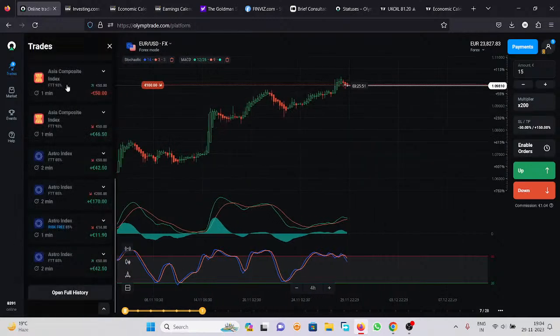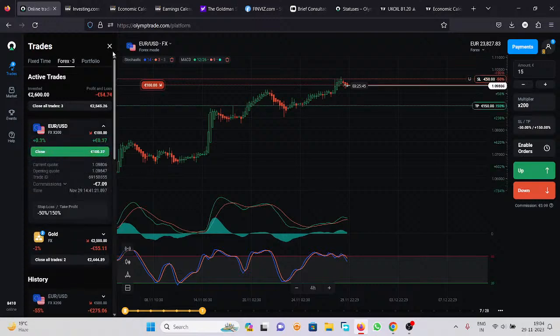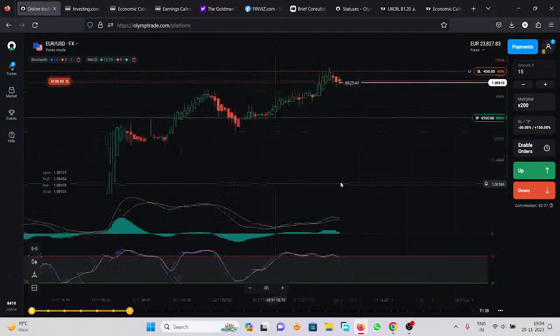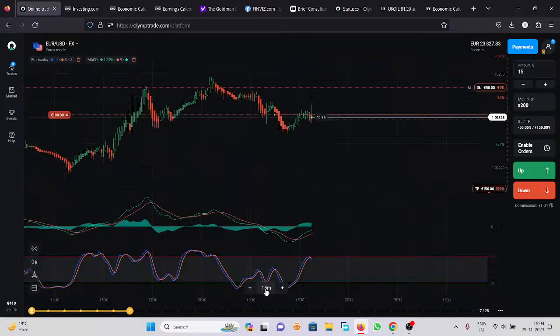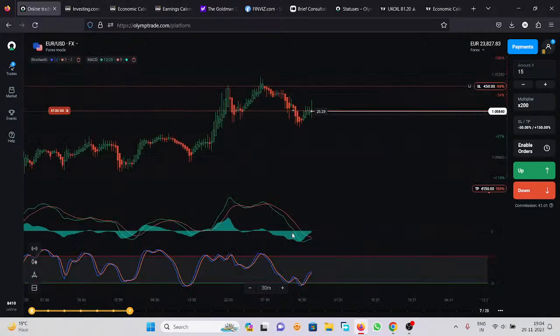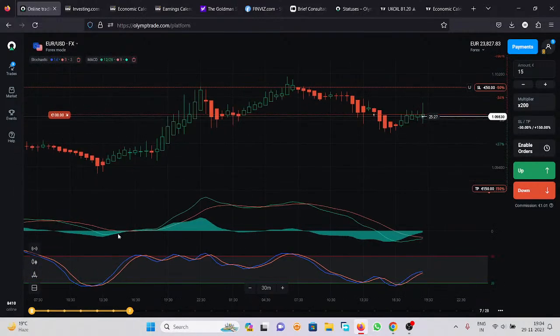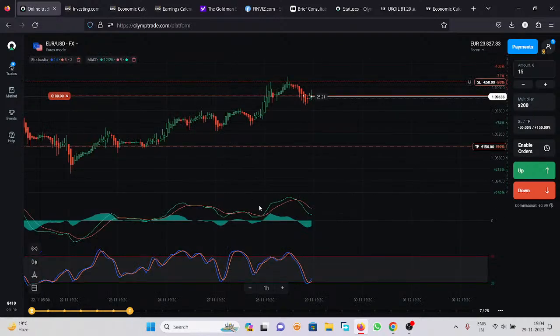However, I opened some trades already. Two trades in gold I already opened, and one in Euro USD. What you need to do is trade according to the same situation, but choose a minimum graph time within 15 minutes to 4 hours. Remember, the same condition is followed here. Whenever you choose a higher graph time, you will get a better signal. If you choose a 15-minute or 30-minute graph time, you need to do it in the same and similar way.